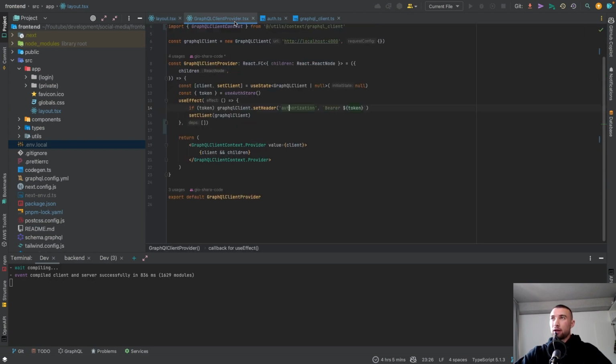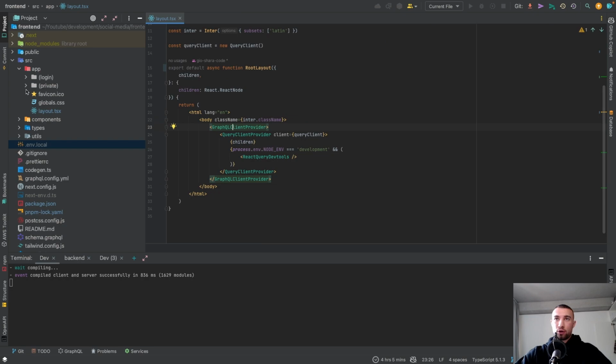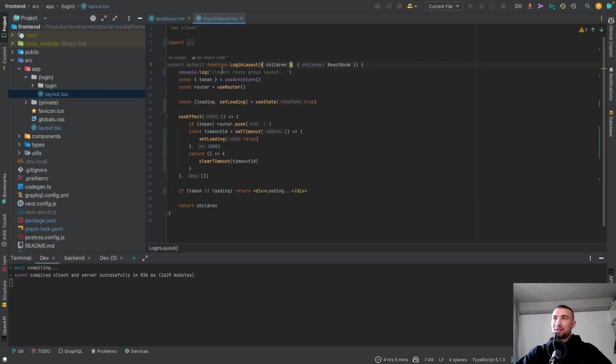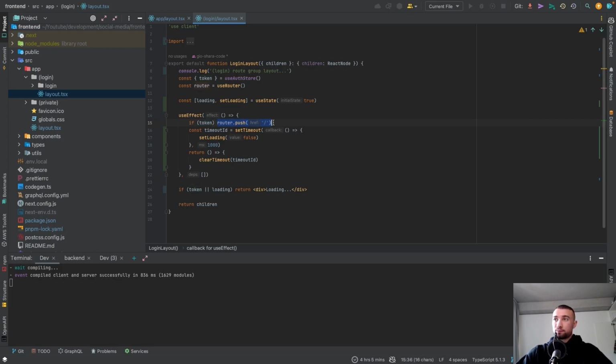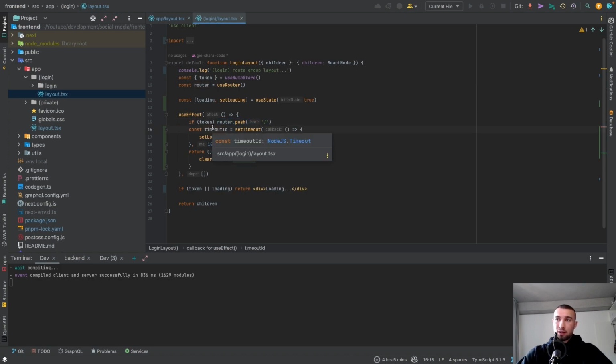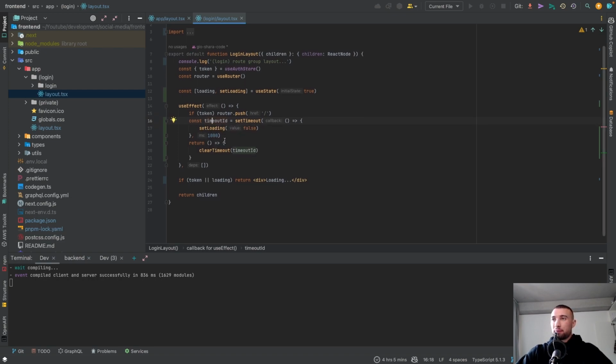If we go one step further and go into, for example, the login route group, and go to layout, what I essentially did here is check, on mount, again whether the token exists. If it does exist, the user will be directed to the home page. That means it's authenticated. And by the way, I added this timer here so that we have a consistent time,